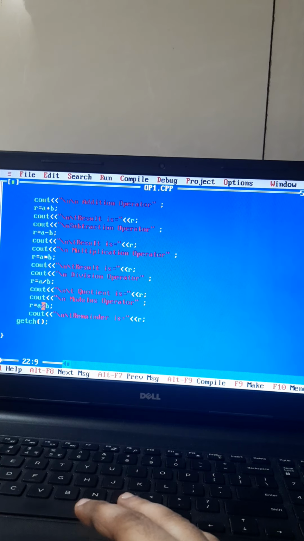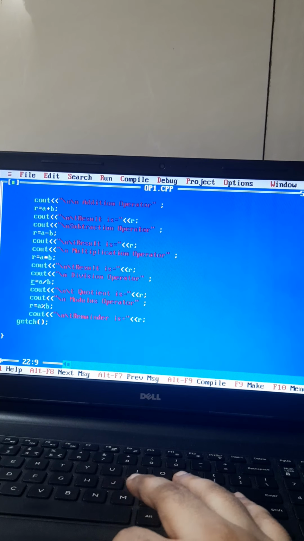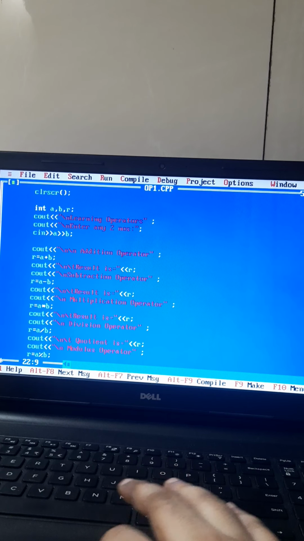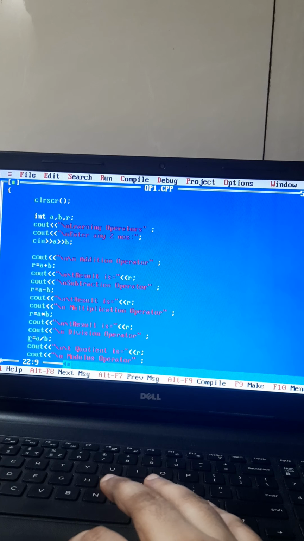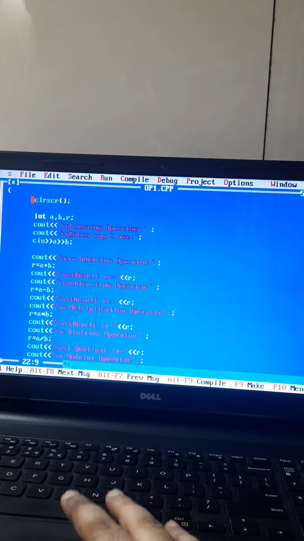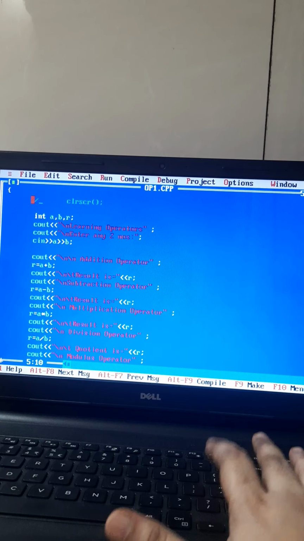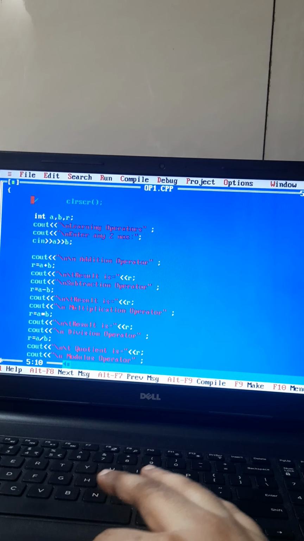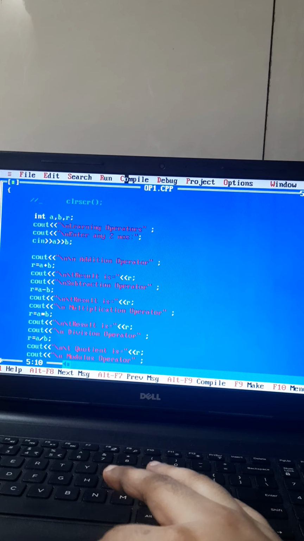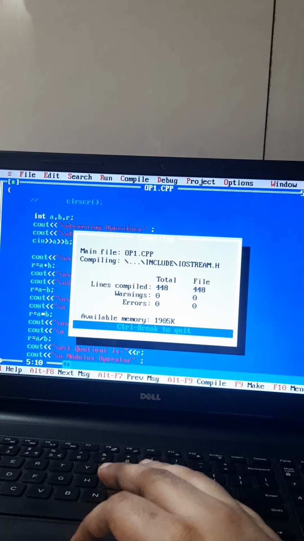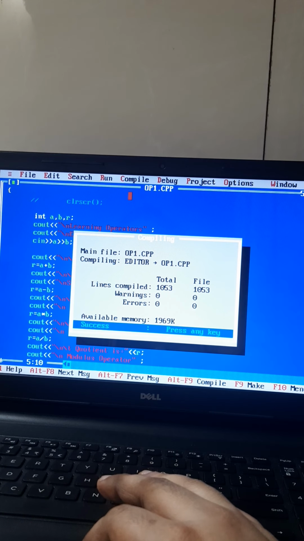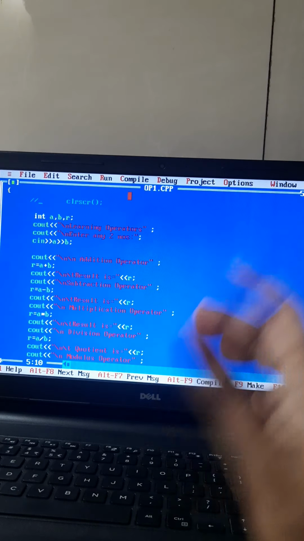Okay, so we will execute this. Again we have getch. Now I am telling you, if I don't put clrscr, then what happens? It will show you the output of the previous program, which is hello world. So first I am just compiling, just to see whether there is some error. No, there is no error. Now we are going to execute it.